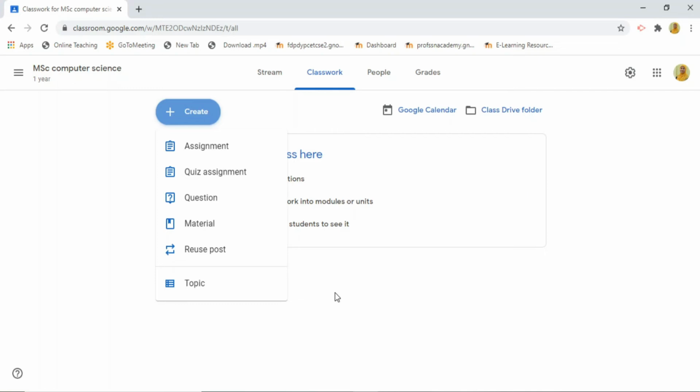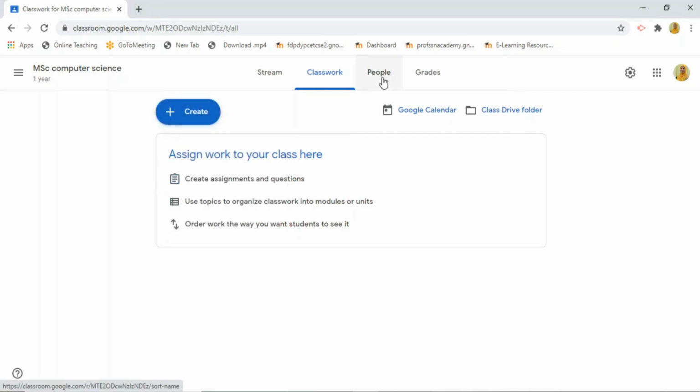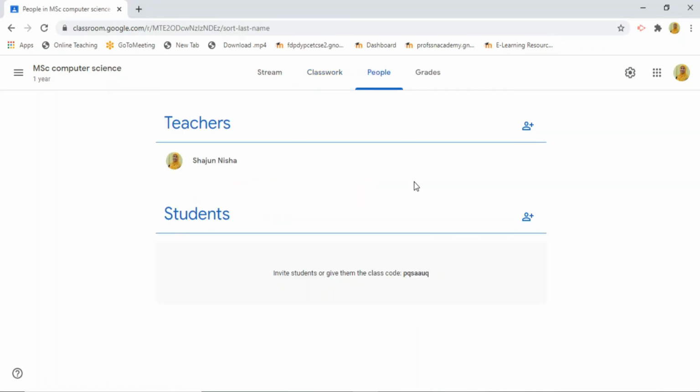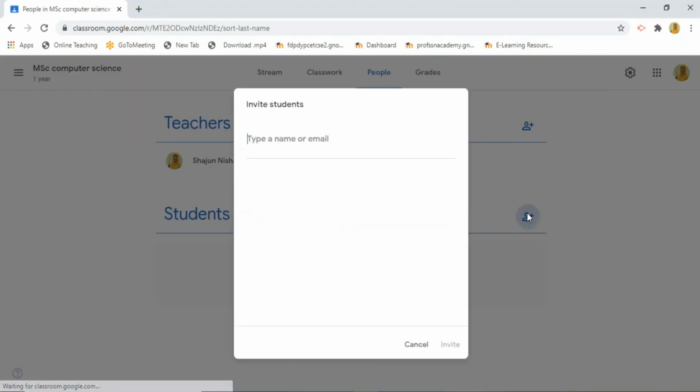Okay. The next one is people. Here you can see two options. One is teacher and the second one is student. See the student section. This is the second way. Now I am going to show you how to add students to your classroom. Just click on this invite button to invite your students.